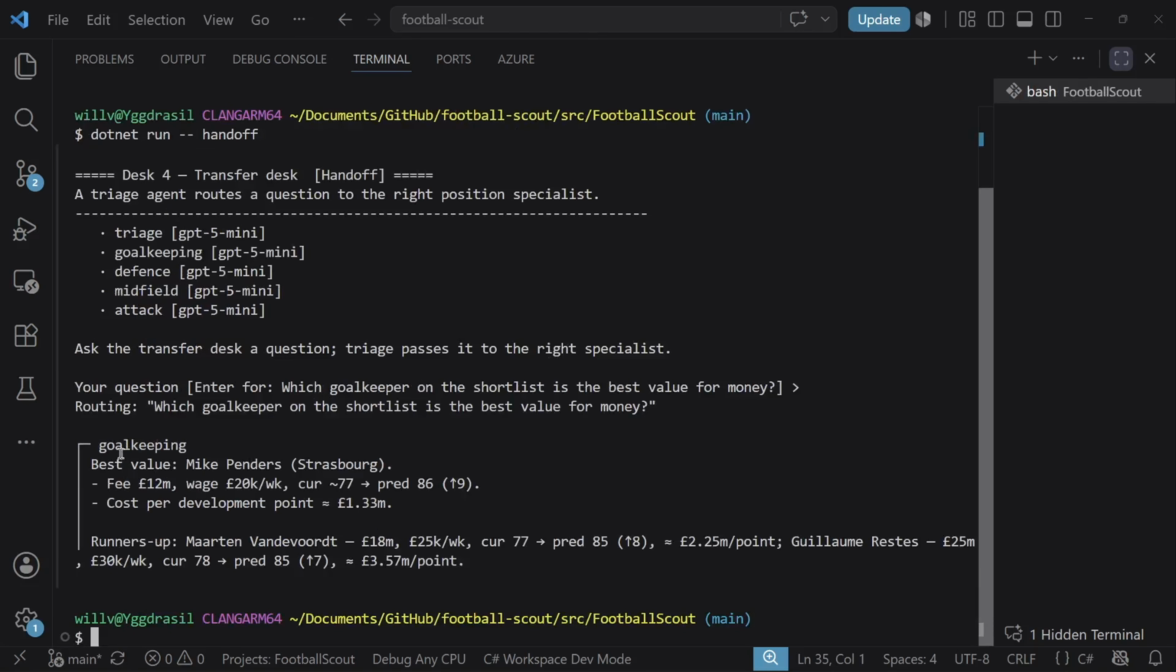And there we go. So the best goalkeeper is Mike Penders from Strasbourg. Runners-up Martin van der Voort and Guillaume Restes. So essentially the fee, 12 million, wage £20,000 a week. That's not bad money to be on. And then cost per development point. So essentially, our triage agent has taken our question, which goalkeeper on the shortlist is best value for money, and routed it to the goalkeeping specialist, which then routed that question back to the triage agent so we can